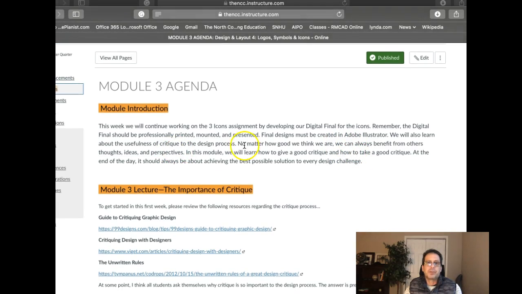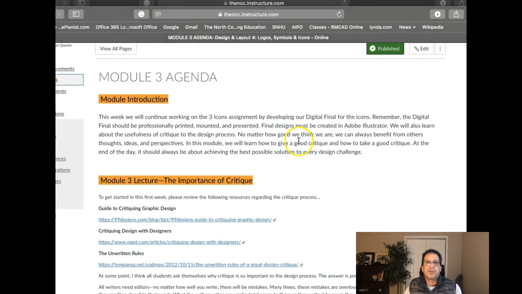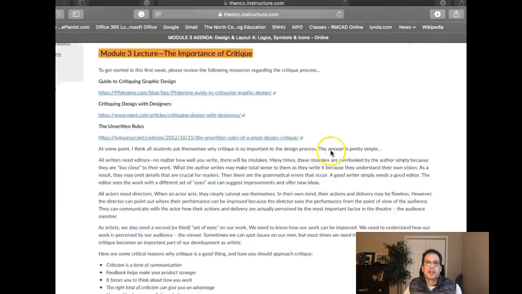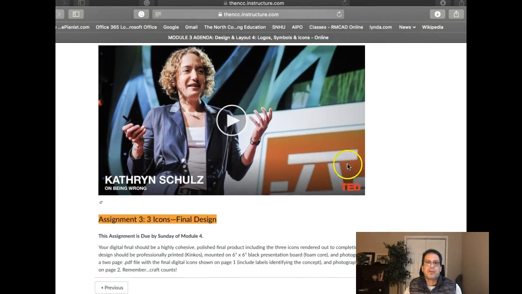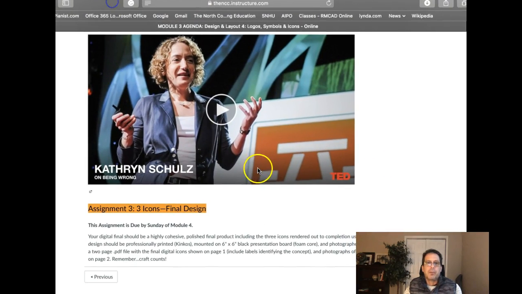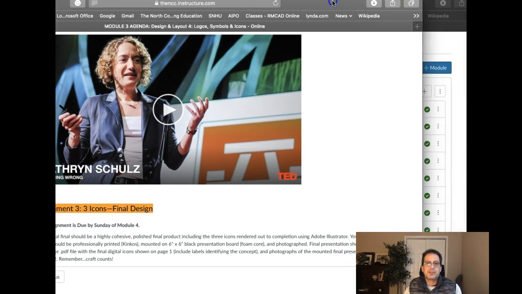Remember, the digital file should be professionally printed, mounted, and presented. I'm going to go over that in a second. So let's jump down here and talk about what is due at the end of week 4 for your final presentation submission for the 3 icons project. Your digital final should be a cohesive, highly polished final product,